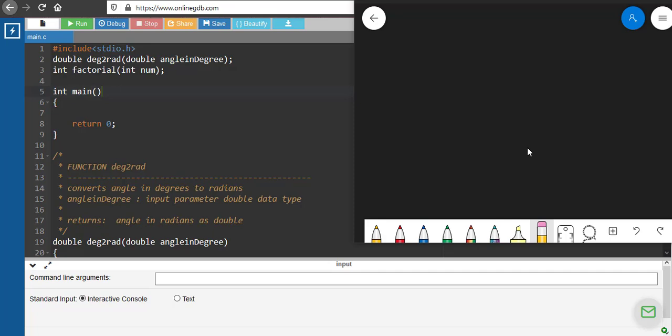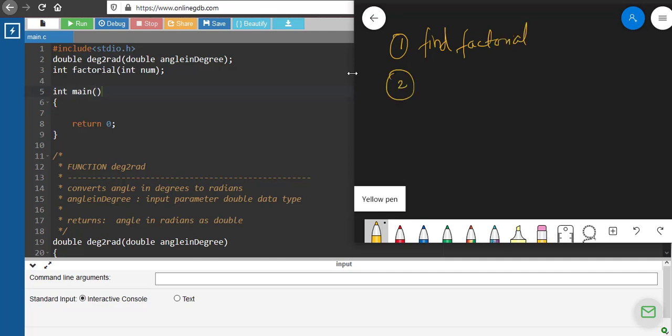So what we are trying to do is we are trying to combine our last two functions and create a set for understanding why we are actually doing programming in functions and how we can keep on reusing those functions. Okay. So we have already written two functions. The first one is to find factorial of a number. So this is over. Second is to convert degree to radians. So this we have already done.